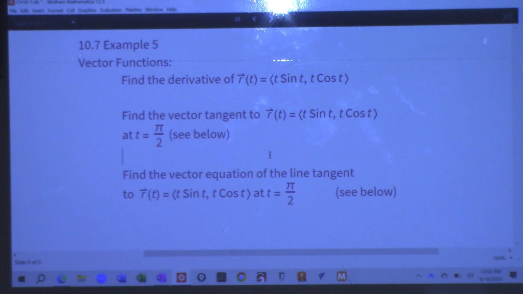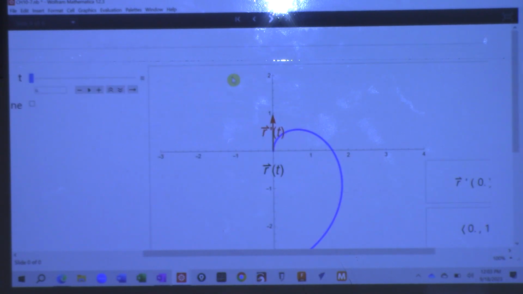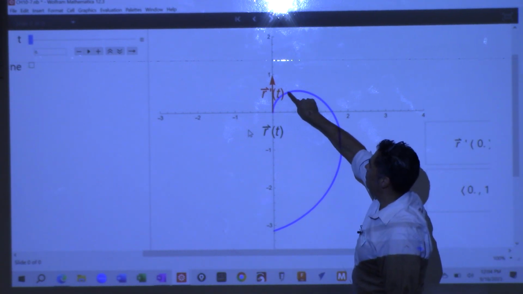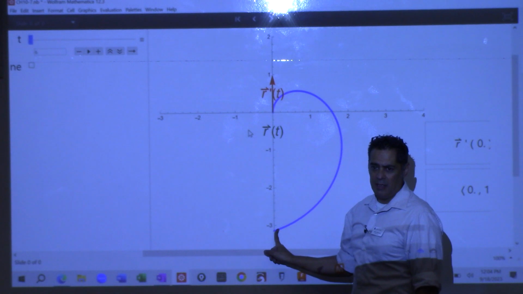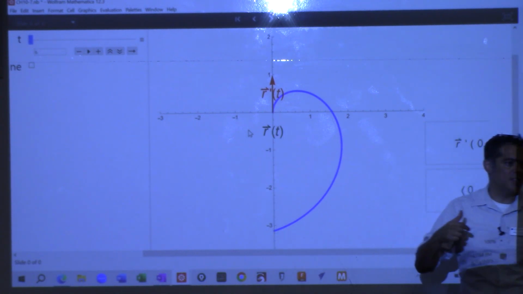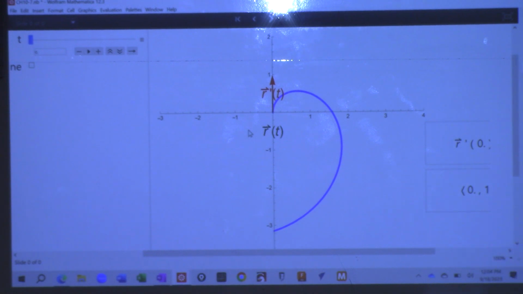So I have a picture here. In blue is a vector function, r of t. And what you're seeing here in red is me using the computer to calculate the derivative, which is a vector, at each of those points. And notice that as I move my t along,